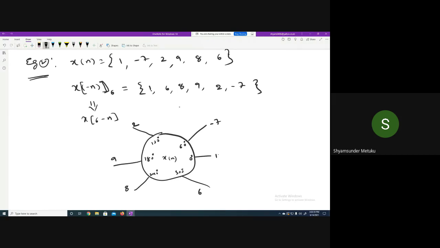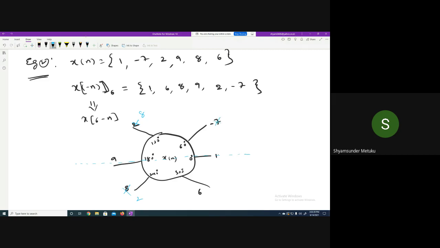Is it okay? Is it clear, yes or not? Okay. Now, what you can do is you need to flip the samples across this blue color line. The above sample should be written at the bottom and the bottom sample should be written at the top. So in place of 2, I will write 8. In place of 8, I will write 2. Is it okay?